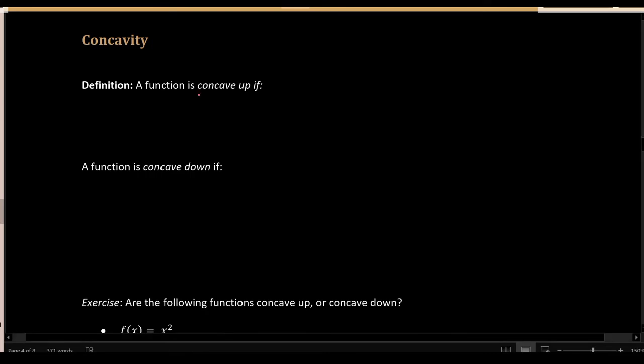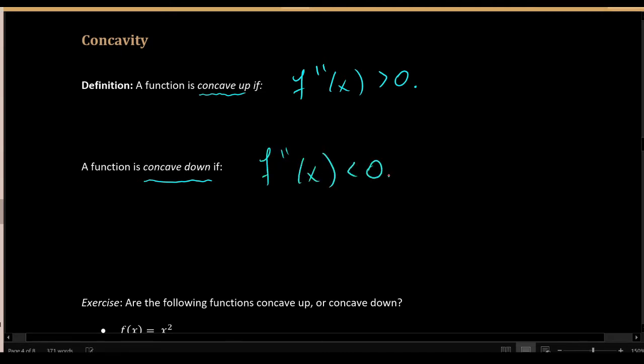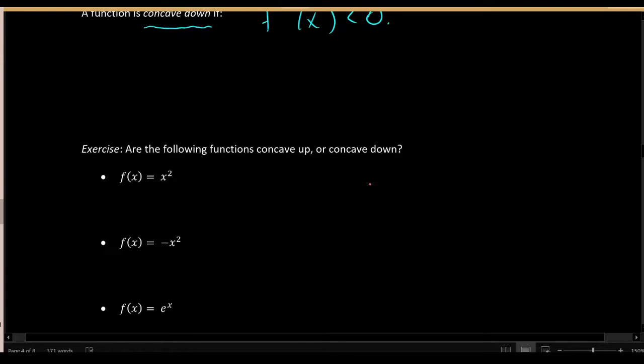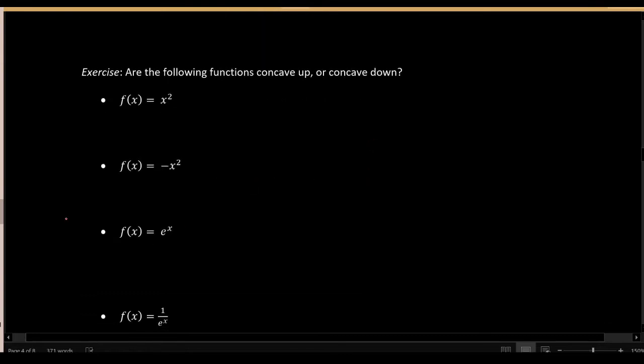We say that a function is concave up if the function's second derivative is positive. A function is concave down if the function's second derivative is negative. For example, let's consider the 4 functions listed below, and let's decide whether or not these functions are concave up or concave